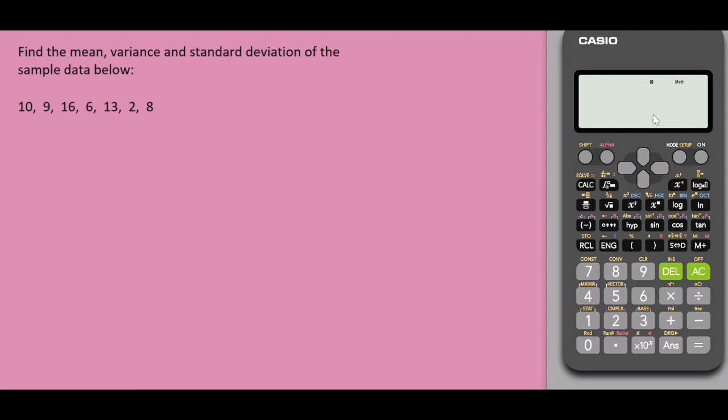Next step is to go to Mode and select 3 for statistics. Okay, and now I'm selecting 1 for single variable. And we could now enter the data. So I'm starting with 10, 9 equals to 16 equal sign, 6 equal sign, 13,